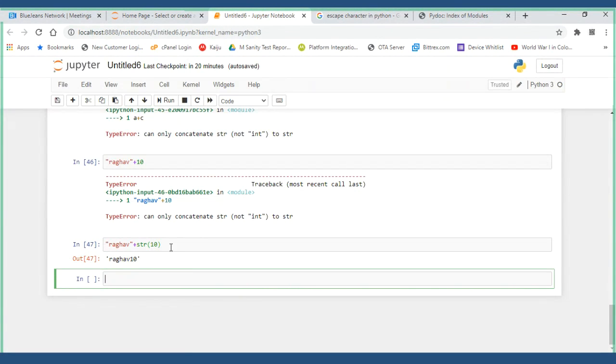Now, let's go ahead with our relational operators. What is meant by relational operators? Many times we'll be using relations. What is a relation? We have two siblings at home, child A and child B, and whose age is greater.